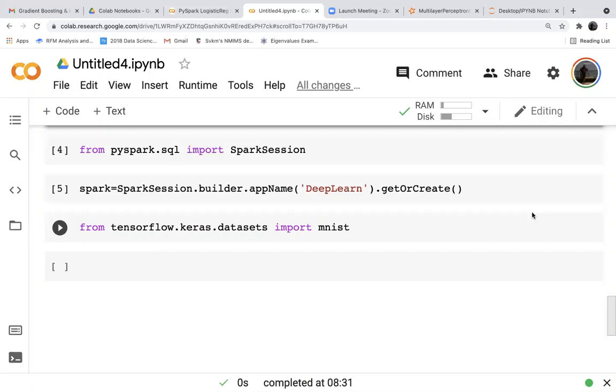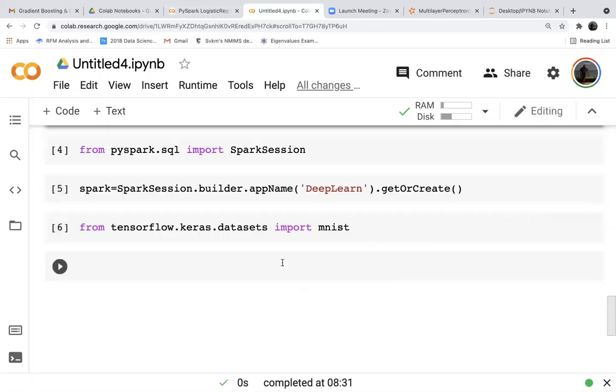We have 60,000 images of 0 to 9 digits, given as 28 by 28 pixels. This is a very large, inbuilt data set provided for deep learning research. So let us import that.